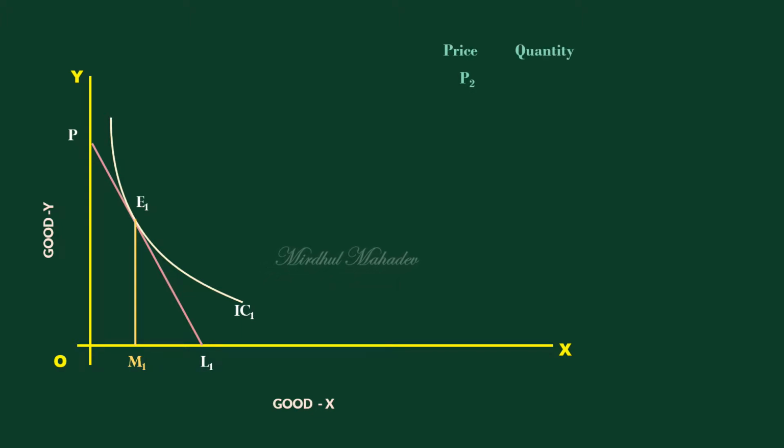Open two columns, price and quantity. As we are going to use total expenditure to measure elasticity of demand, let us have one more column, total expenditure. We got two values, price P2 and quantity M1. What is total expenditure? The number of units of good Y that have been sacrificed is the total expenditure on good X. It is Pn1 units of good Y.